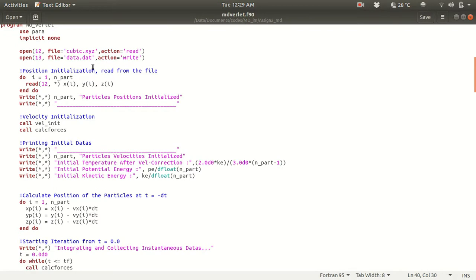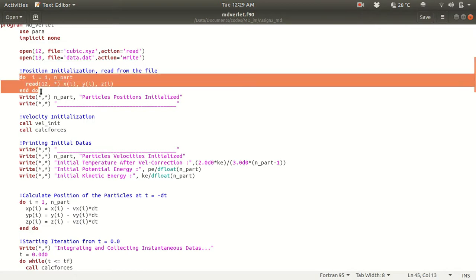So what is my main job here? I will be running this molecular dynamics simulation, and I will be saving the time step, kinetic energy, potential energy and total energy at each time step. What you will see is that the total energy will be conserved because it is an NVE simulation, and I am not using any thermostat here. So the total energy will be constant, but your kinetic energy and potential energy will fluctuate around a value. That's the main result of our code that we should see, but let's see what will happen.